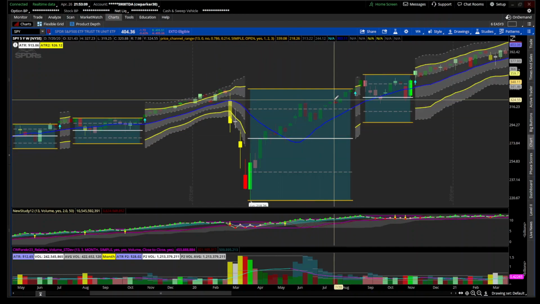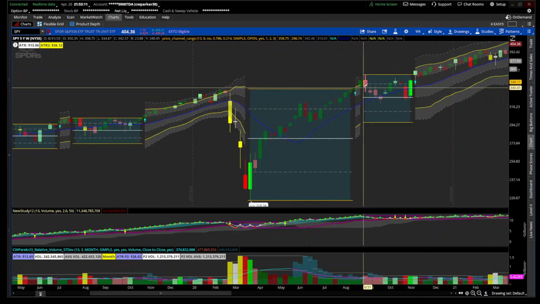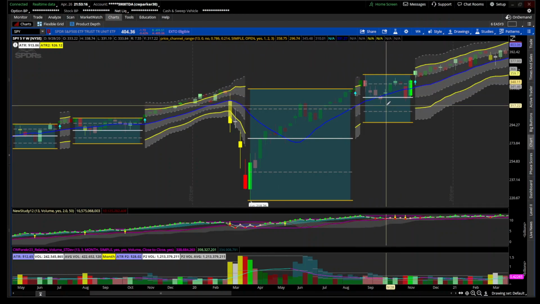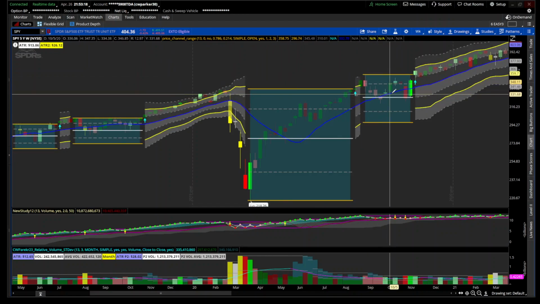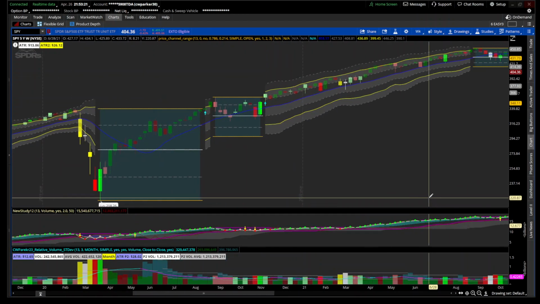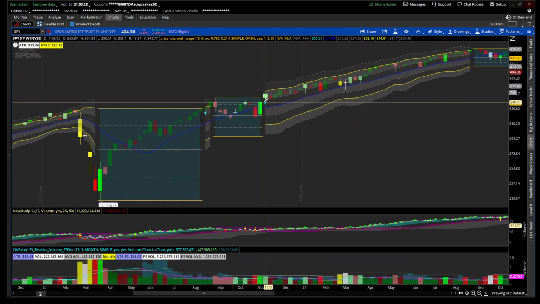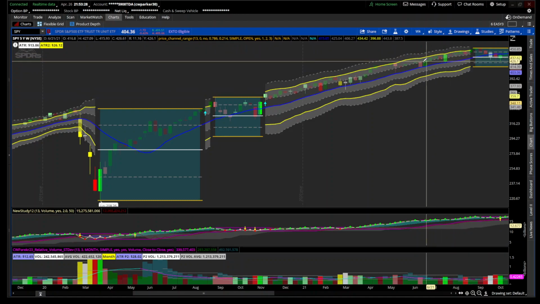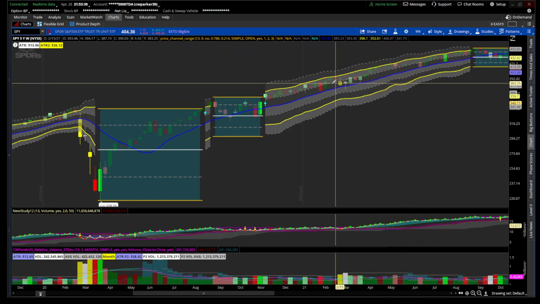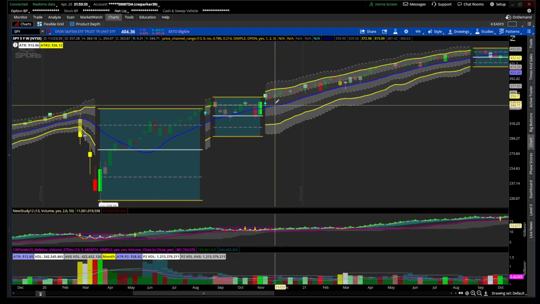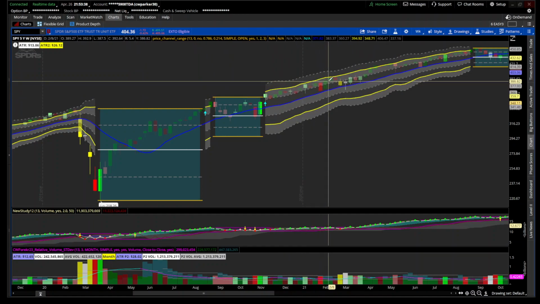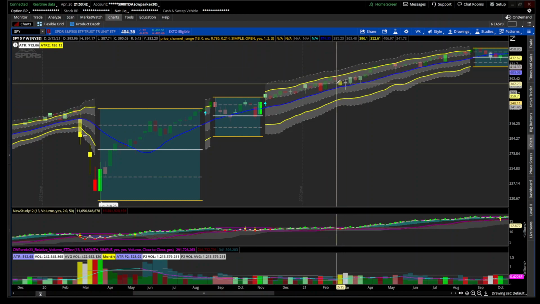But it went ahead and pushed up right here, and then from there it actually started trending, where it created another area of consolidation and pullback, and then it just trended up from November up into August. So you can see how it rode the average, and it stayed within this ATR average range right here. It broke down below, came back in the average, couldn't break out above, but it stayed within this